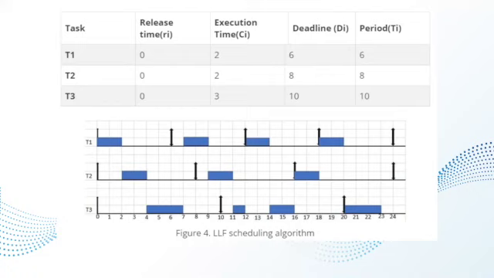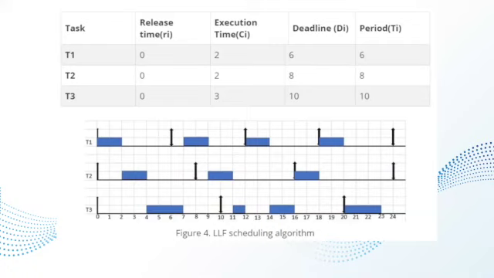At time 4, no task remains in the system except T3, so it's going to execute until time hits 6. And then at time 6, T1 comes back into the system, so laxities are calculated again as follows. L1 is equal to 6 minus 0 plus 2, which is equal to 4, and L3 is equal to 10 minus 6 plus 1, which is equal to 3. So T3 continues its execution. At time 8, T2 comes into the system, whereas T1 is running the task.